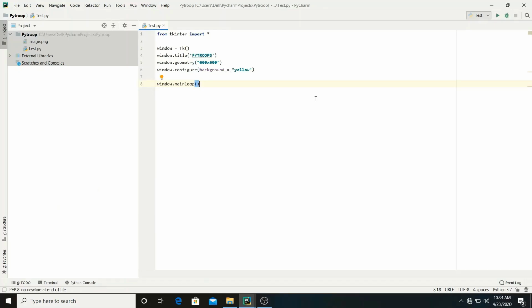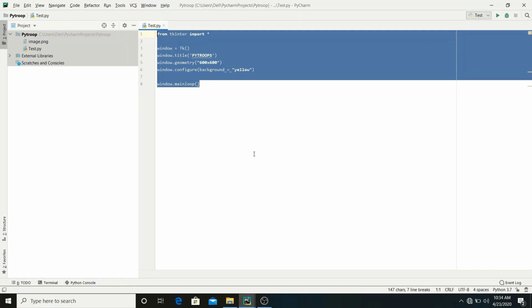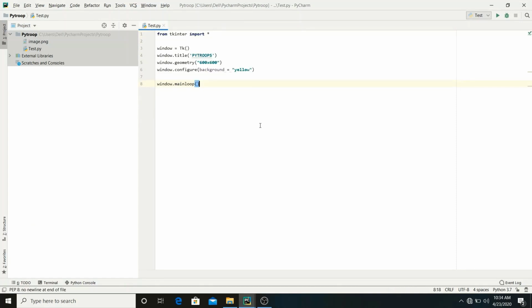So, friends, I have already made this main window. Now, let's just quickly make a button. Take a variable, let's say btn1 for button 1 is equals to Button. This is a function of tkinter. Now where do you want the button? Definitely on your main window. So window, comma, text is equals to, let's say, press. This text will be displayed on your button. Okay, now just pack your button, button.pack.